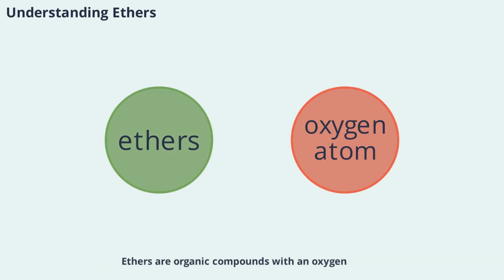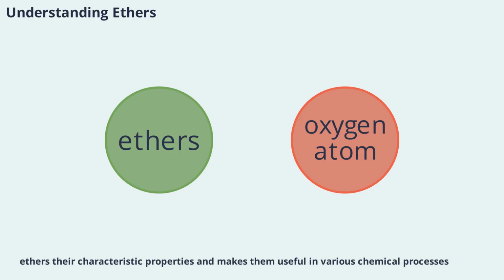Ethers are organic compounds with an oxygen atom connected to two alkyl or aryl groups. Their general formula is ROR', where R and R' can be the same or different. Ethers are known for their relatively low reactivity and are often used as solvents in laboratories. Diethyl ether, for example, was once widely used as an anesthetic. The presence of the oxygen atom between two carbon groups gives ethers their characteristic properties and makes them useful in